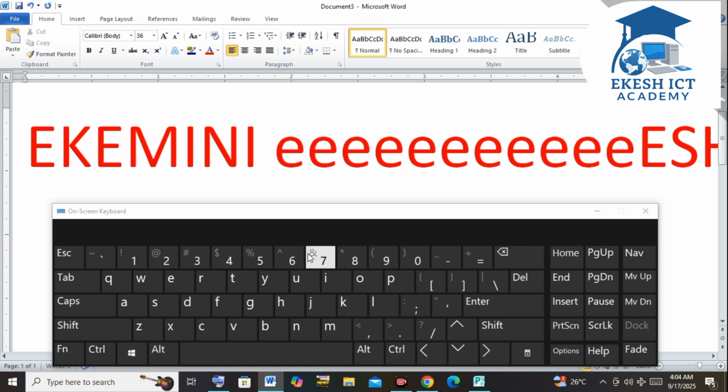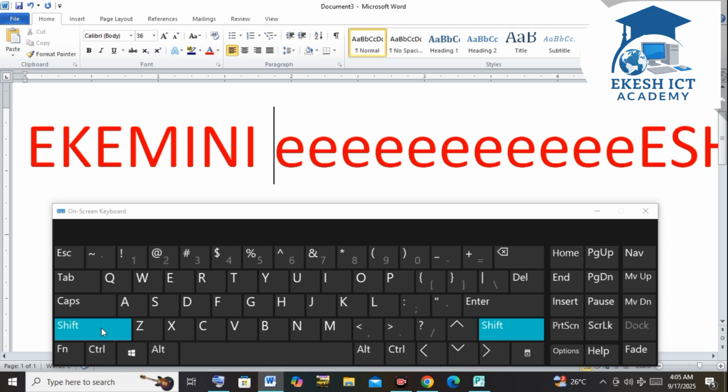Another function of this shift key: observe between these number keys 1, 2, 3, there are hidden symbols on them. Like here you can see this symbol, is it a hyphen? At number 3 you can see hash, at number 4 you can see the dollar sign. So if what you want to type on your workspace is not the number, and you want to type this hyphen, or the at symbol, which is at number 2, if you click shift, you can see that those